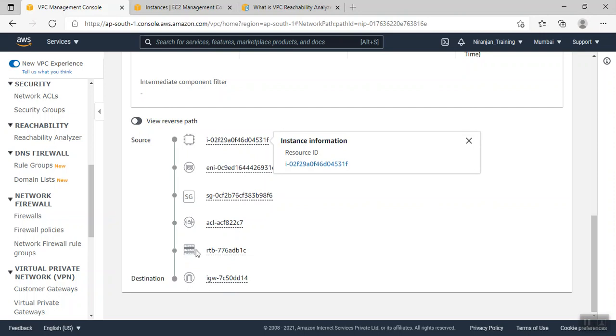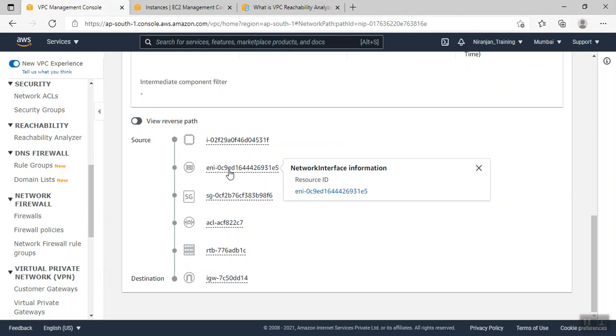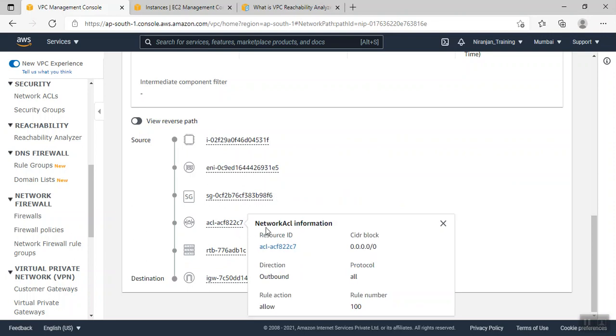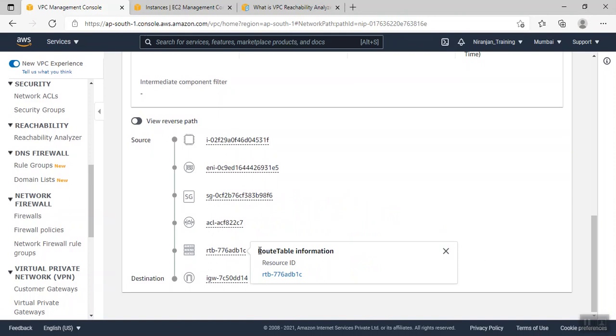In between there will be a lot of components. The first is the source resource, the instance. From the instance the packet goes to the network interface, and from there it reaches the security group, which checks whether the firewall rules are open or not. After that it reaches the network access control list, and then the route table.